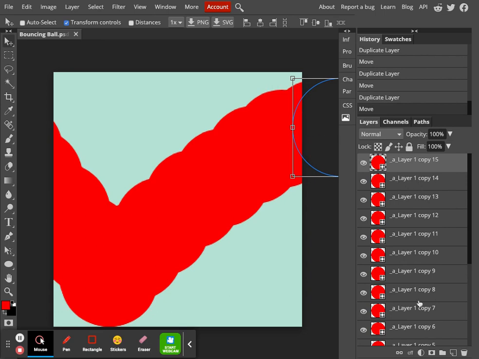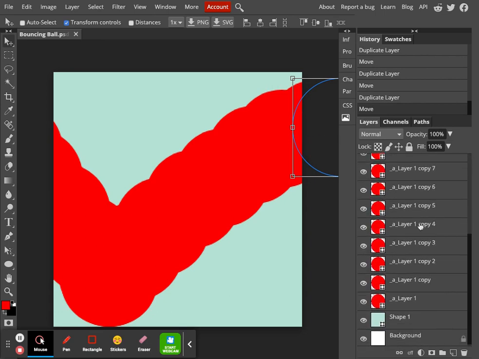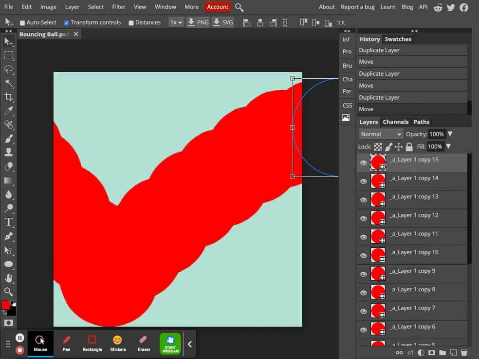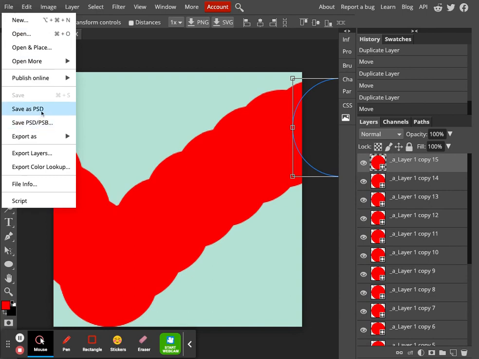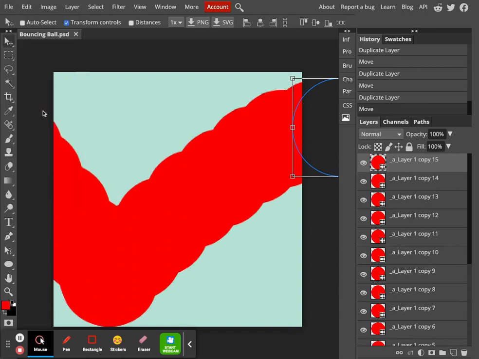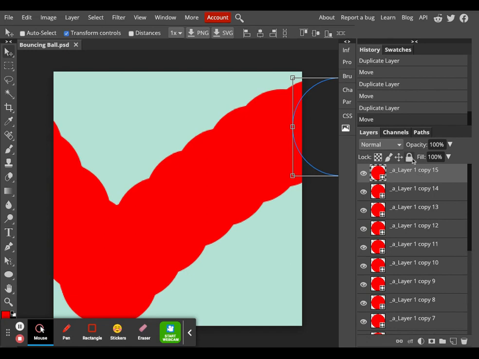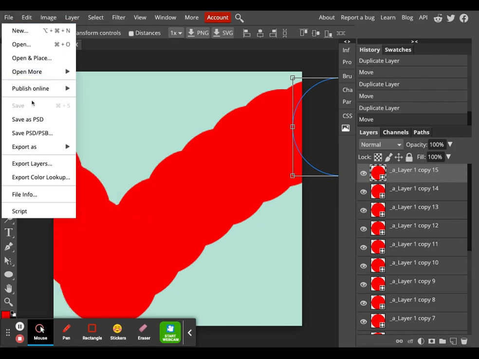Now, I want to save all of these layers that I've created in case I want to make any adjustments. So I always save an unlocked version of the file. File, save as PSD. A PSD stands for a Photoshop document, and that has all of my layers, so I can make adjustments. Now, my final product is going to be a locked product where nobody else can go in and change things. So what I'm going to do is go to File, Export As,